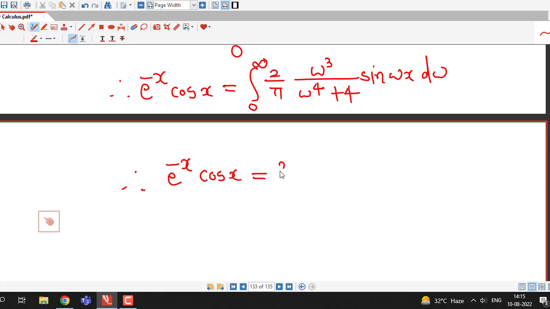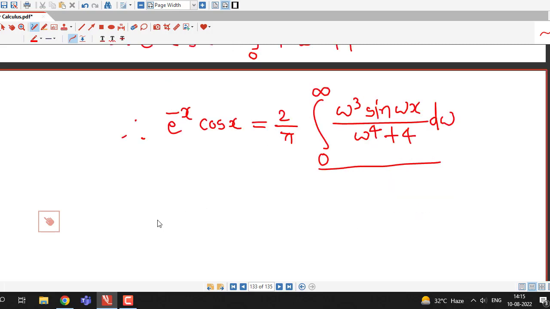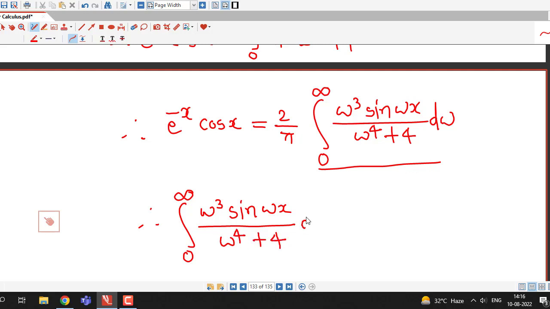It is independent of omega, and this we rewrite as omega cube sine omega x divided by omega raised to 4 plus 4 d omega, and we require this integral, so we transfer this 2 by pi to the left hand side and we obtain our integral omega cube sine omega x divided by omega raised to 4 plus 4 d omega